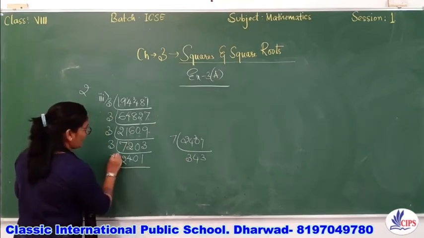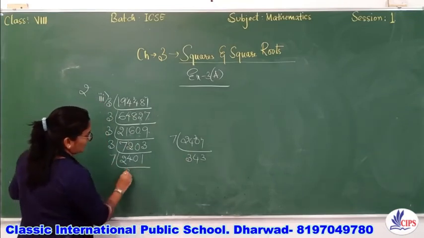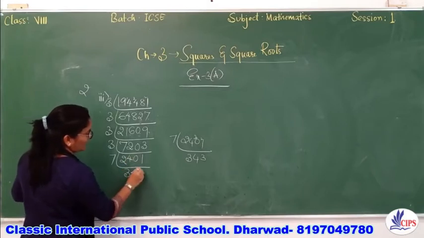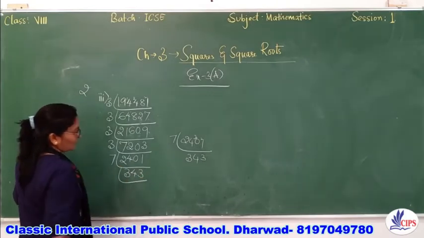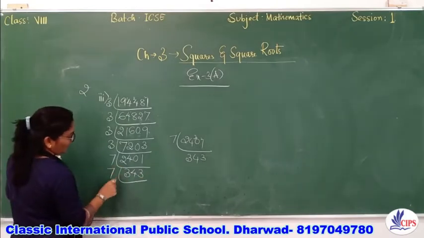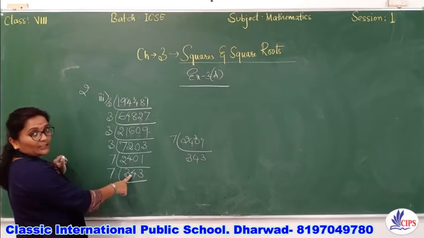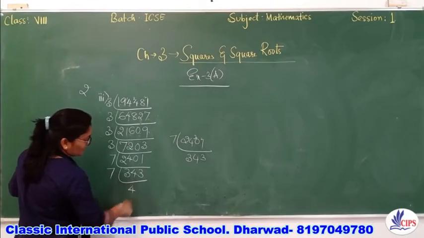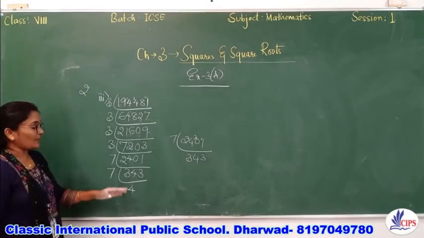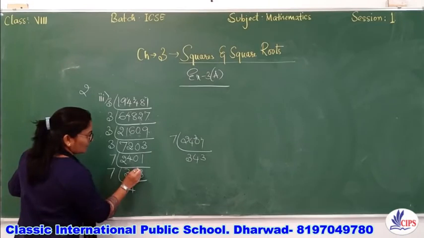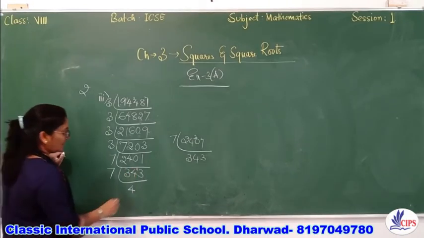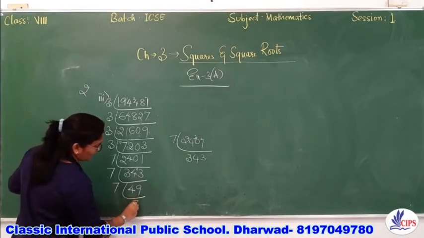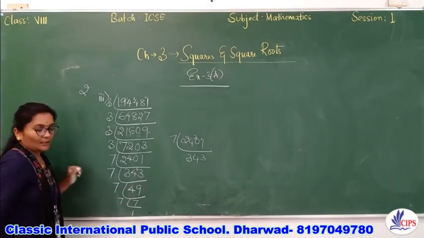Now I'll start dividing with 7. So 7 3s are 21, 3 is left, 7 4s are 28, 2 is left, 7 3s are 21. Now again it's divisible by 7. Here we have got 34. 7 5s are 35, which is more than that, so we take 7 4s. So 7 4s are 28. What is 34 minus 28? It is 6. So carry this 6 here, it becomes 63. 7 9s are 63. Here again it's divisible by 7. 7 7s are 49 and 7 1s are 7.